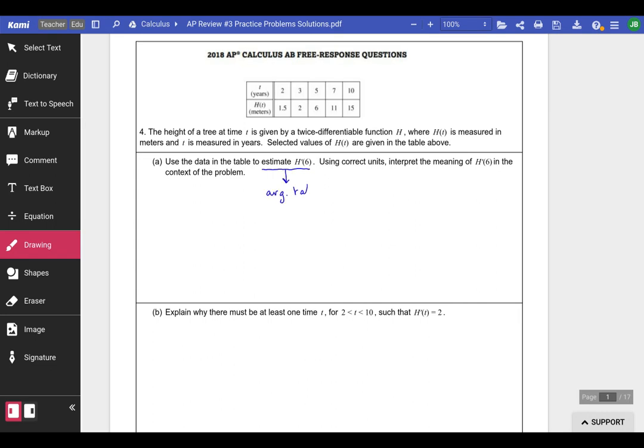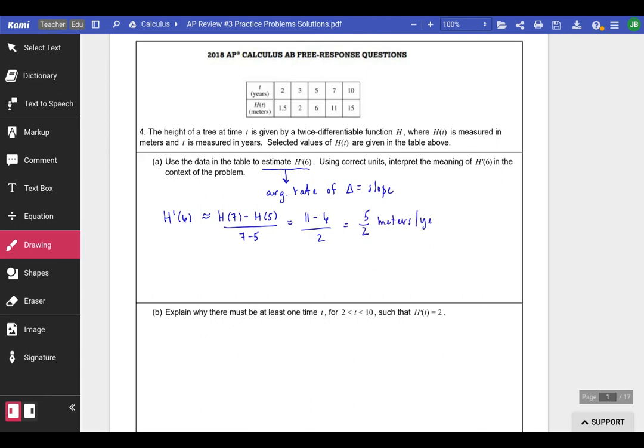change, or just the regular old slope. So we're going to pick the closest interval around 6 to do that. In this case, h prime of 6 is going to be about h of 7 minus h of 5 over 7 minus 5. So we get 11 minus 6 over 2, or 5 halves. And our units here are going to be meters